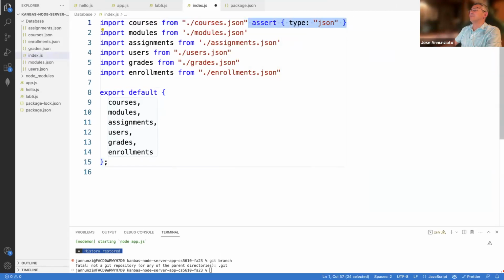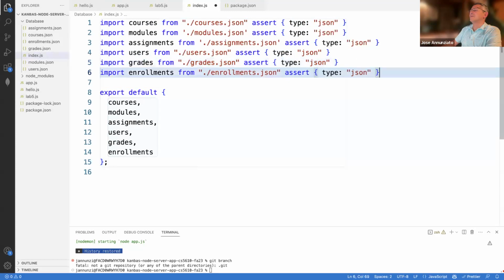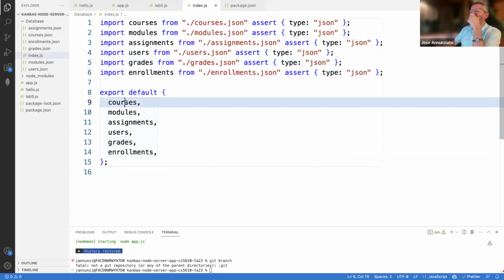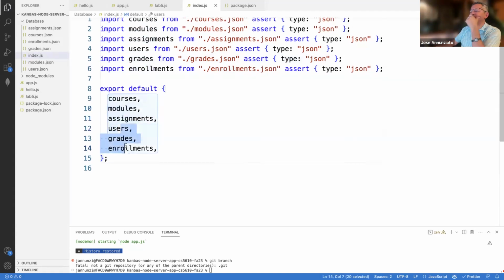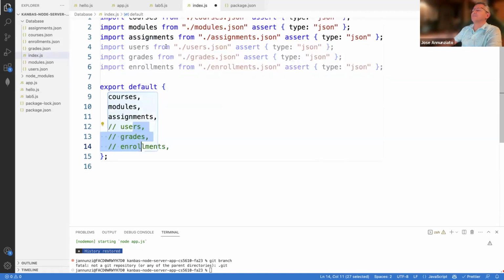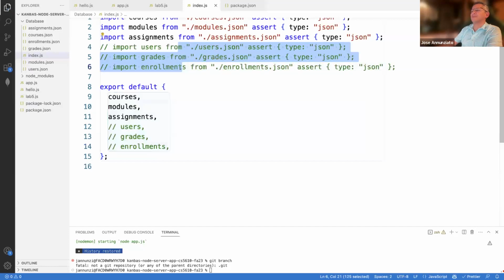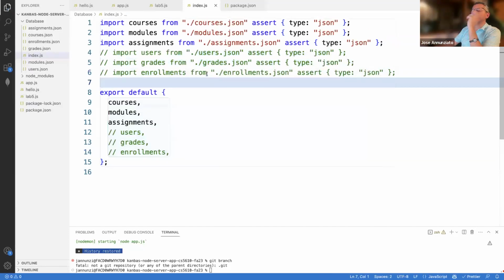I'm just going to copy these here. And actually, we're only going to be caring about the courses, the modules, and the assignments. Let's not work with these yet. So I'm just going to comment out those three. We're just going to work with courses, modules, and assignments. Okay. So now we need to be able to